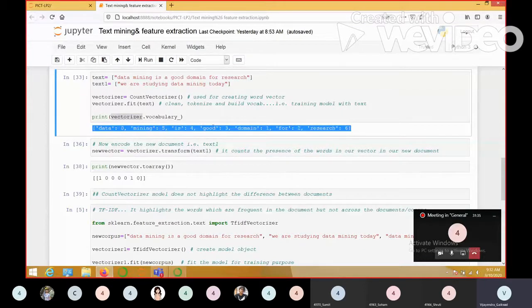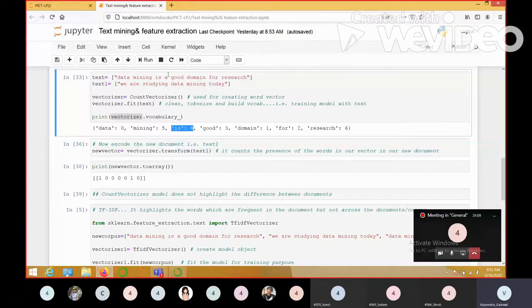They have simply taken every word from the text and assigned an index to it, randomly. So you may see 0 is assigned to data, 5 is assigned to mining, 4 is assigned to is. Surprisingly, count vectorizer does not consider is a stop word, so it has kept is.